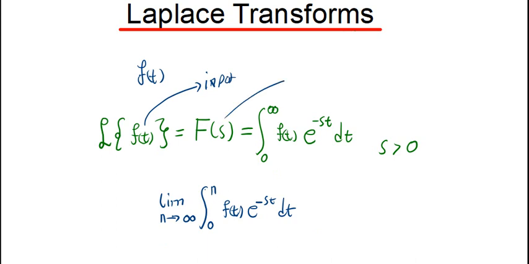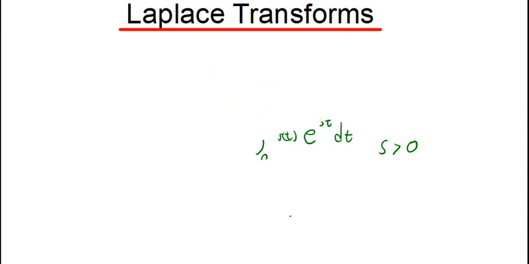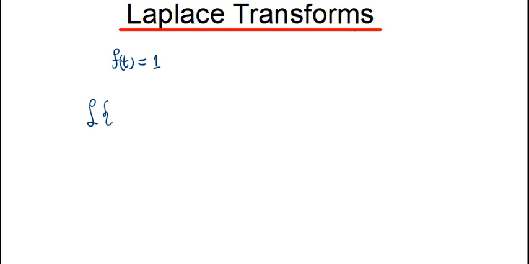Okay, so that's quite obvious. So let's first look at the Laplace transform for f of t equals 1. How is this going to go? We are looking for the Laplace transform of f of t. What is f of t? It's 1. Okay, so this is going to be equal to